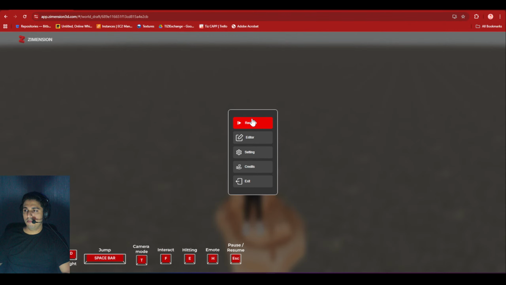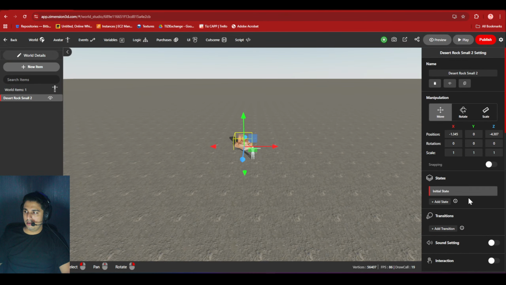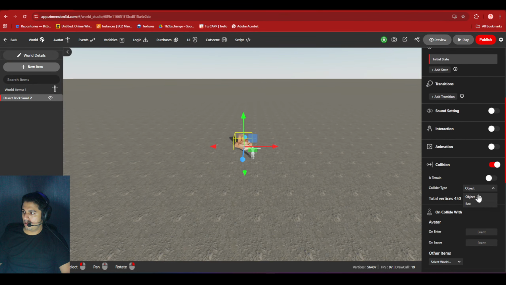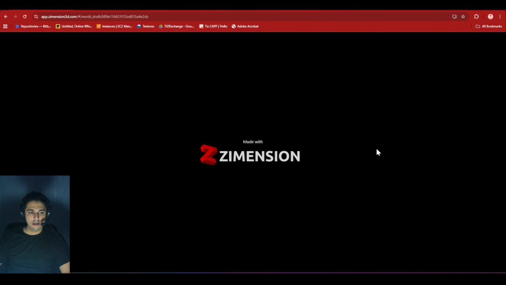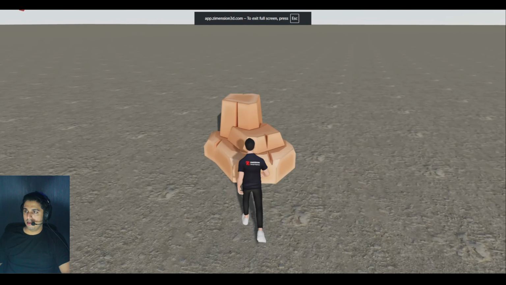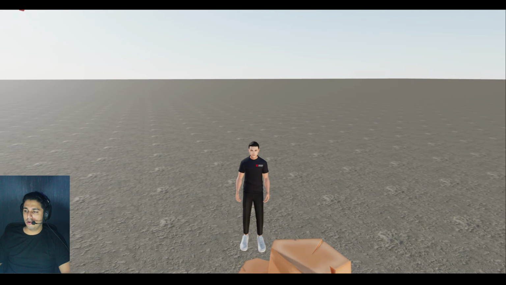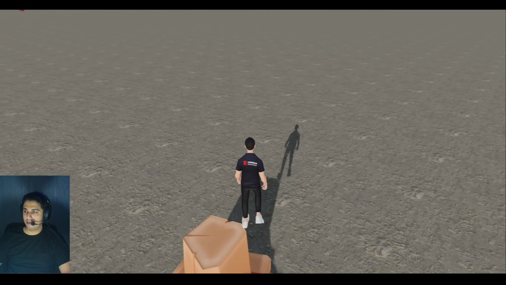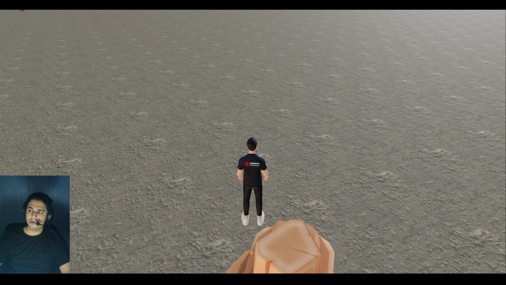Okay, but now if I make the collision as box and then I interact, see, now it's standing in the air because it's basically created a bounding box which has like 12 triangles max and 4 vertices, and that is pretty efficient.